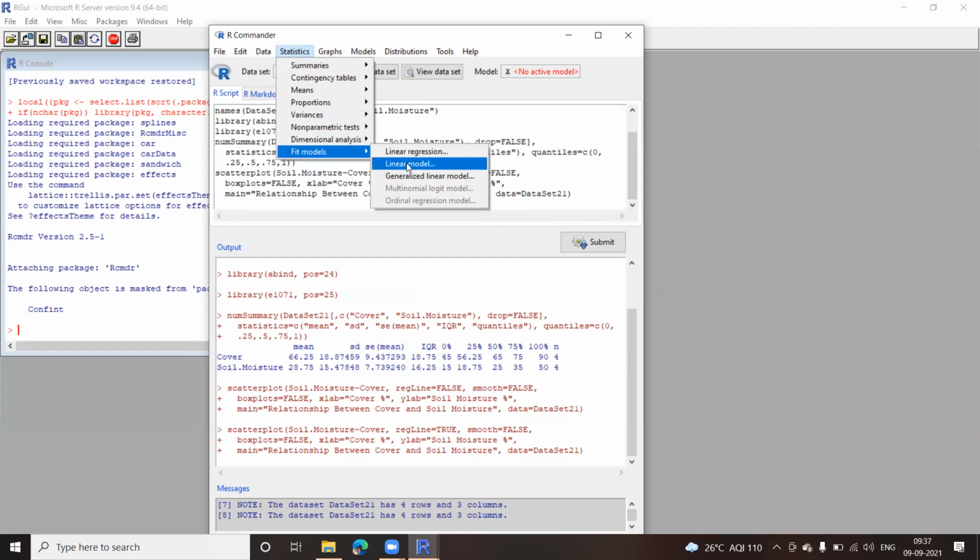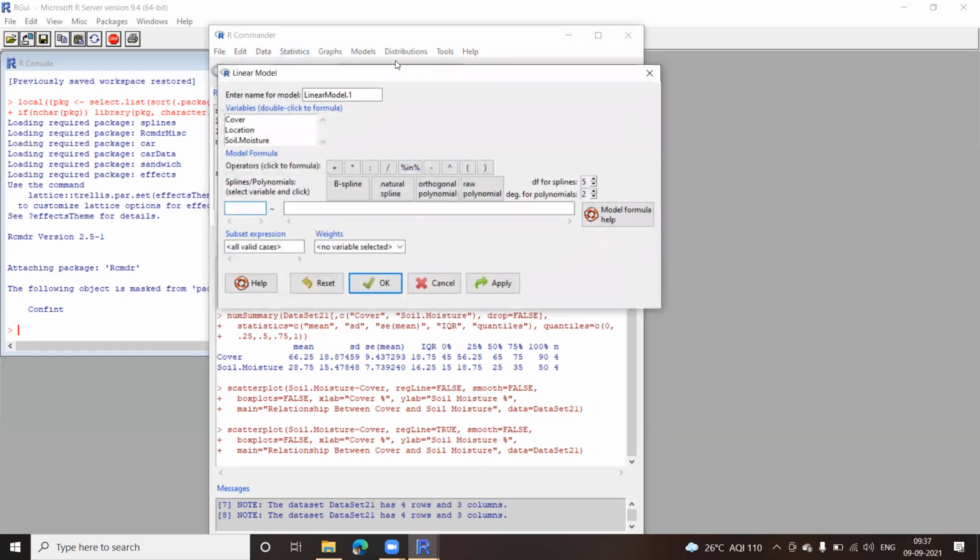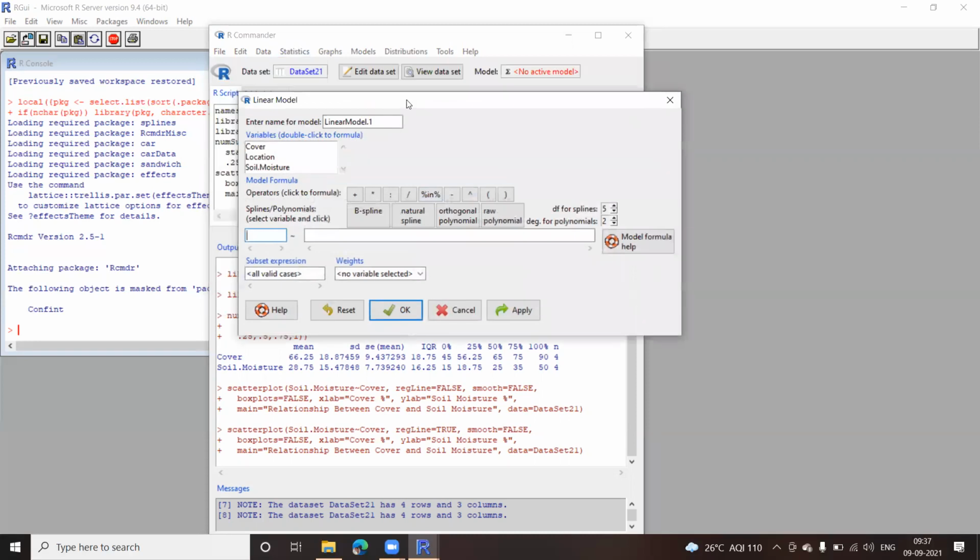So I'll select linear model, which will give me an option like this. I can create the linear regression model here and select the variables properly. The default name I'm getting here is LinearModel.1. If you want, you can change this name as well.